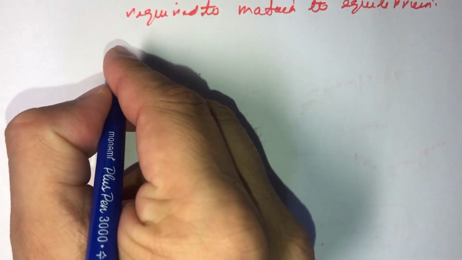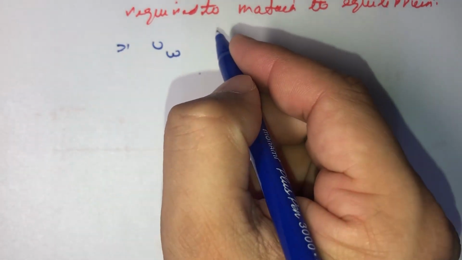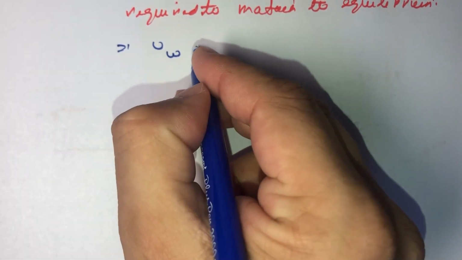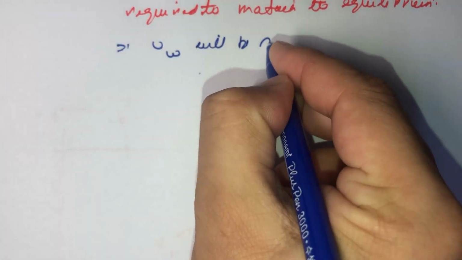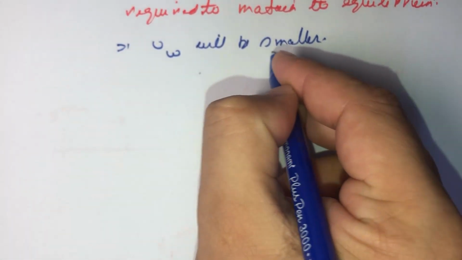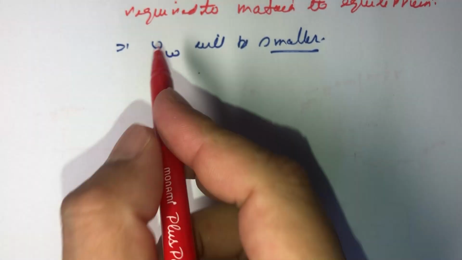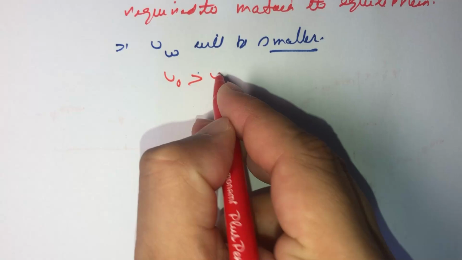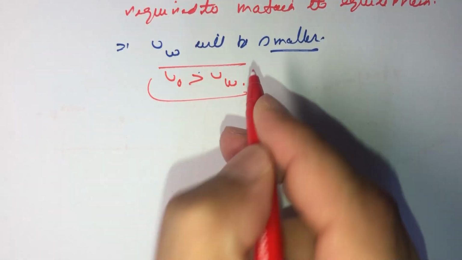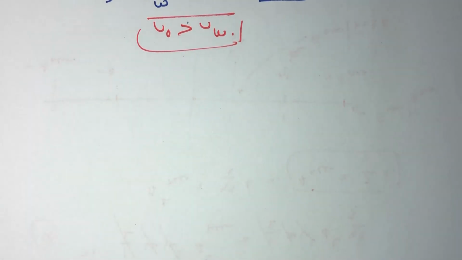So from here we can say VW will be smaller. So therefore VA is greater than VW. And second,